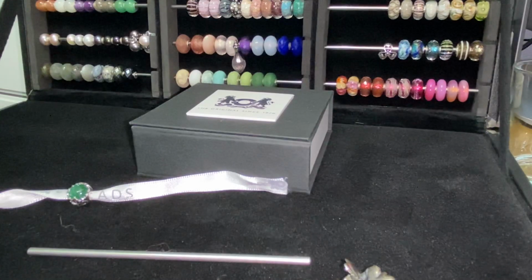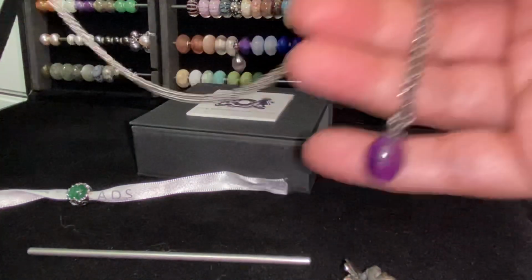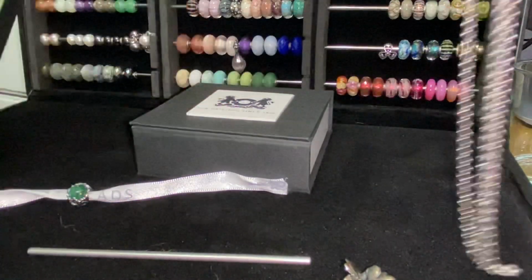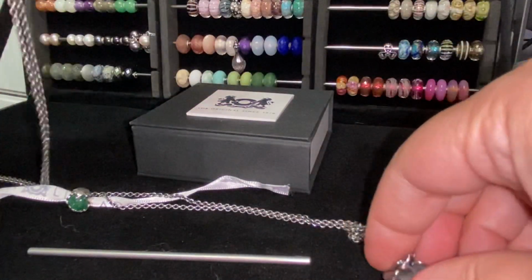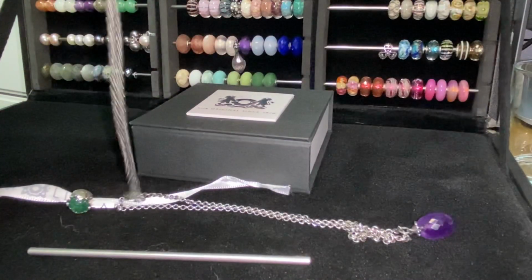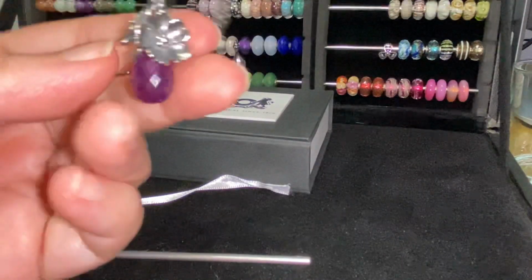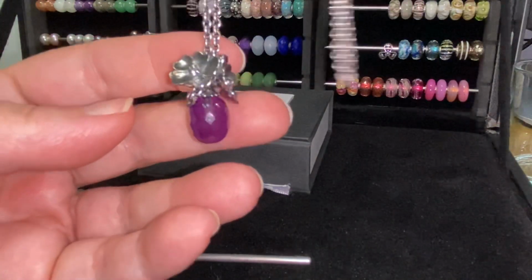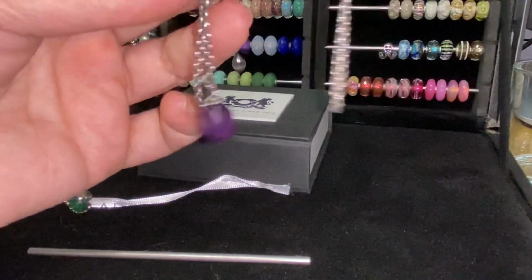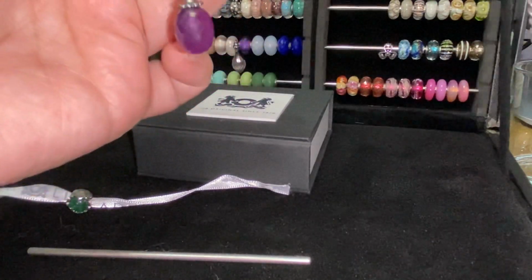The way it works is with a fantasy necklace. It's a necklace that just has this long chain, and there's no clasp on the end of the chain. And what you do is you feed the chain of the fantasy necklace through, and then it can sit right there above your fantasy necklace, or if you put a stopper under the bead, perhaps you would have a stopper right here,